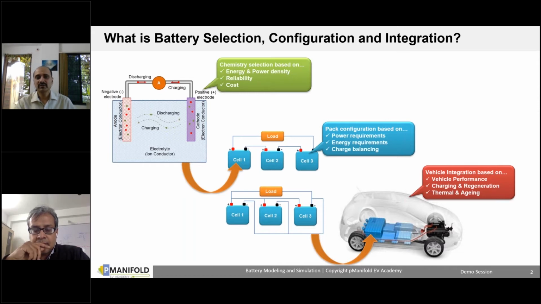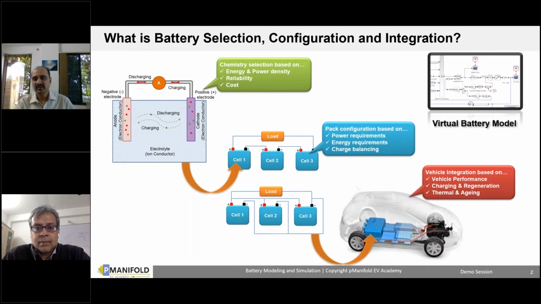There are two ways to do that. One is you have some rough calculations, then build a prototype, test it, come back with the test data, rework if you have any non-compliances, then go back to the prototype, update the prototype, and do it again. So this is an iterative process, and it will take a long time if you work with physical prototypes. Where the virtual model helps is it can save us a lot of these iterations on the physical prototypes by doing a lot of this in virtual simulation.